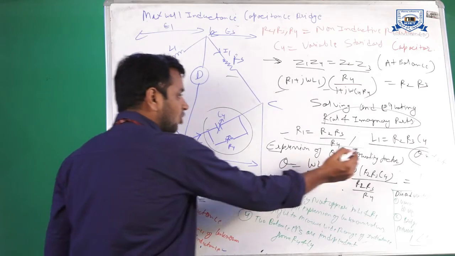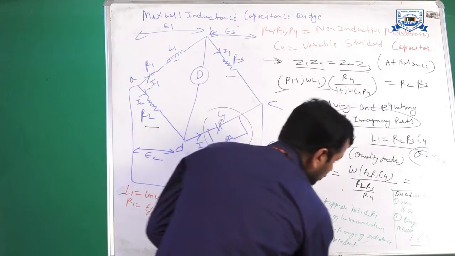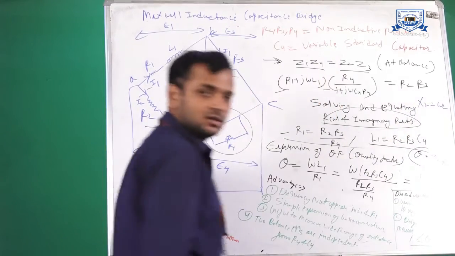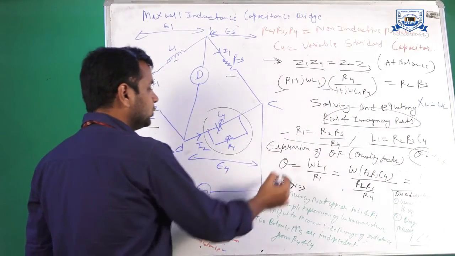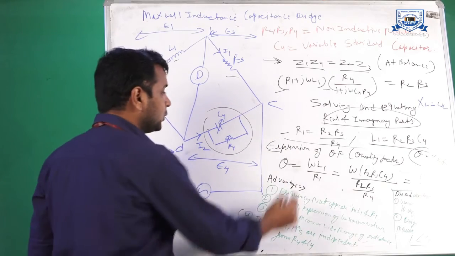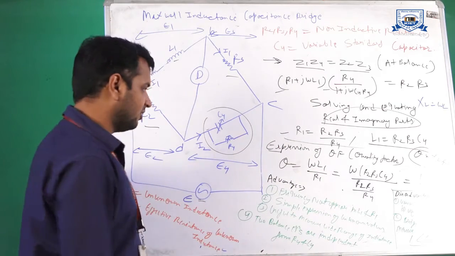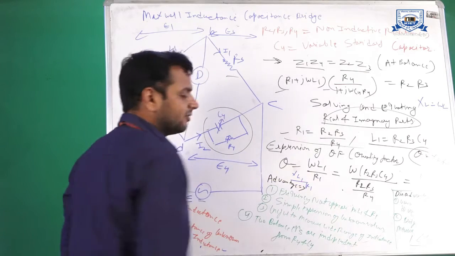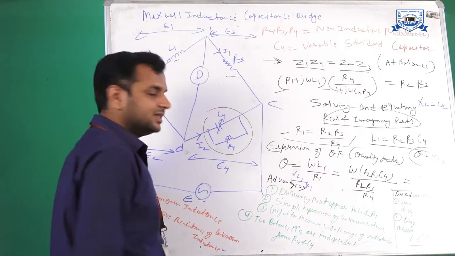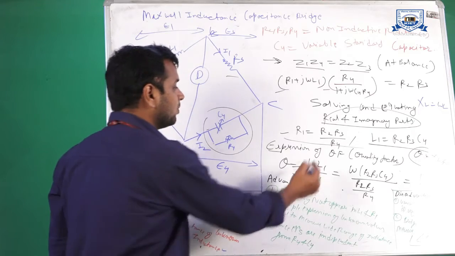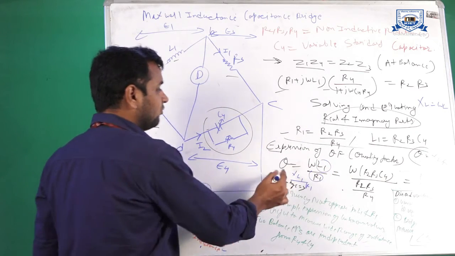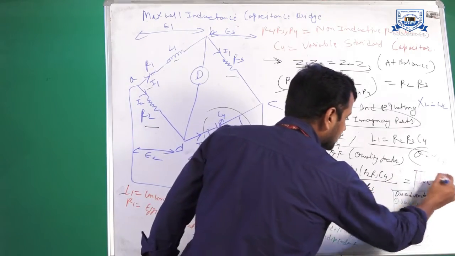The value of XL is omega L. So by putting this value, the quality factor will be equal to omega L1 by R1. It can also be called XL1 by R1. So by putting the values of L1 and R1 in this equation,